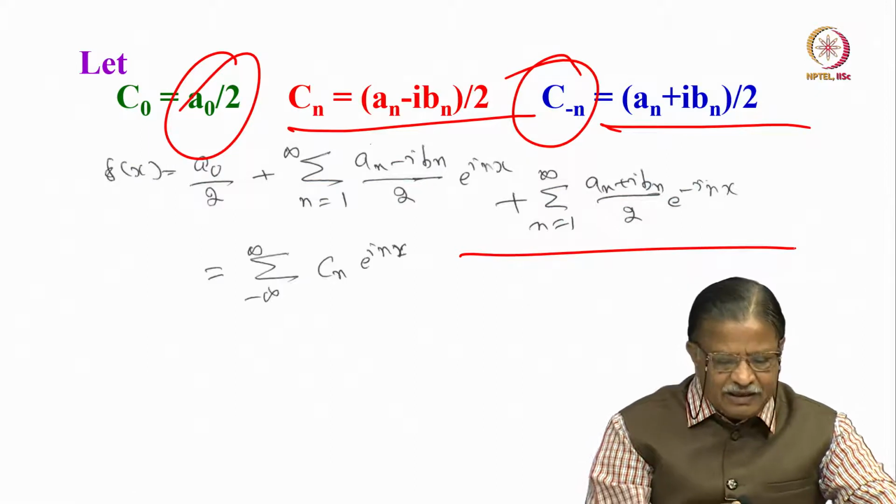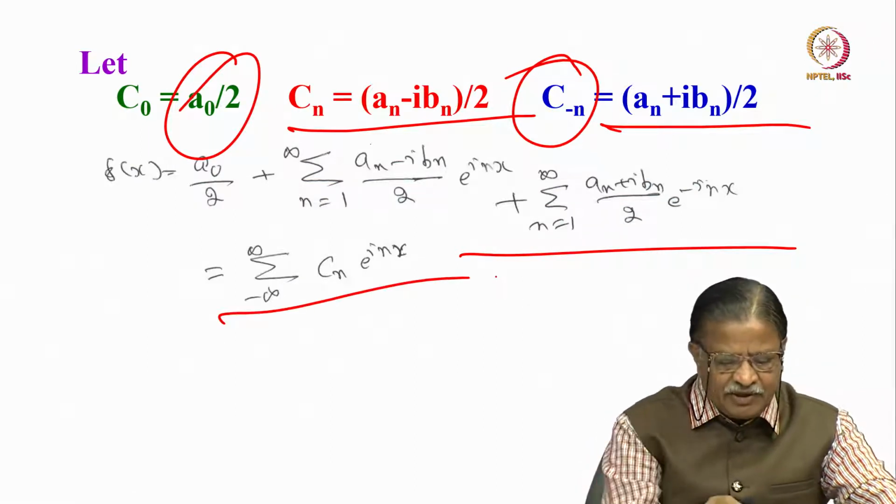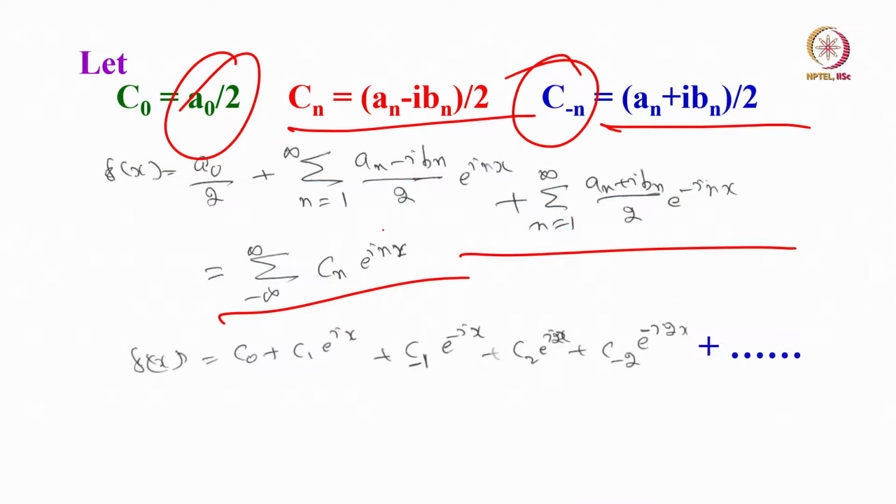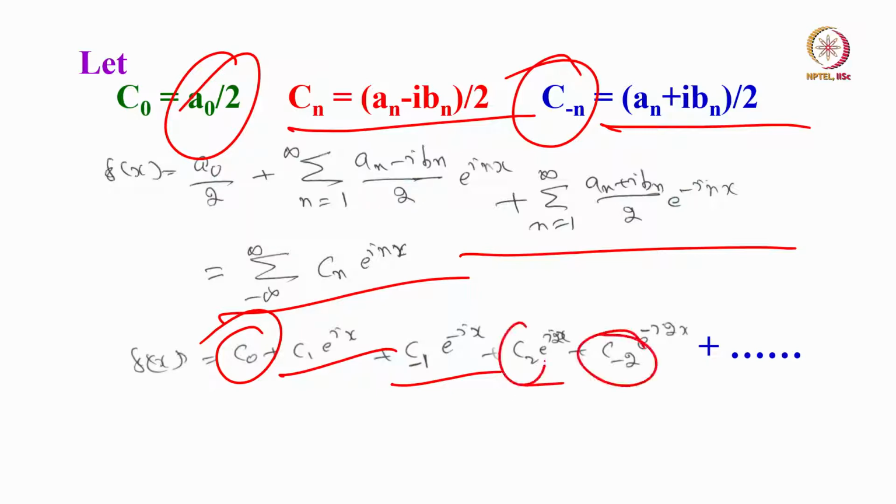If you do that, then it turns out to be the sum from minus infinity to plus infinity of Cn e to the power of i n x. It is a very simple mathematical jugglery you can do by substituting these terms. Then what you are going to get is C0 plus C1 e to the power of ix and C minus 1 e to the power of minus ix, alternately n equal to plus 1, minus 1, plus 2 and minus 2. So you can write down C1, C2, C minus 1, C minus 2, etc. expressed in terms of exponential form like this. This is simple jugglery of the mathematics.